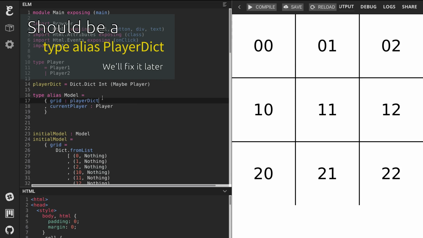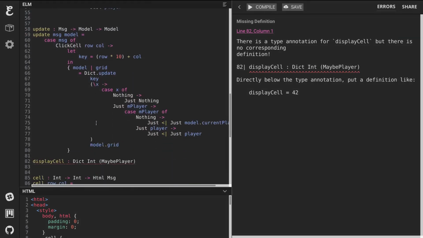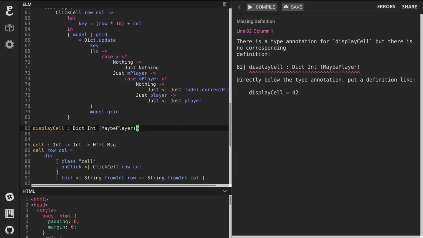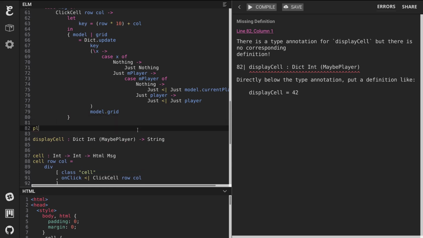Player dict. See if we're still good here. Okay. So we're gonna take in this dictionary and we're gonna spit out some string. And we also need, if we're gonna do that, player to string, player string,